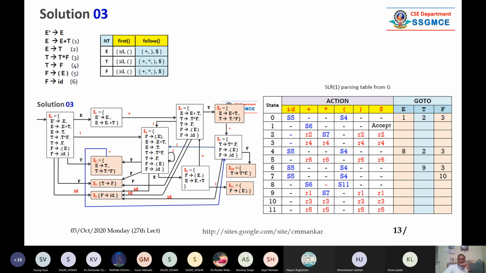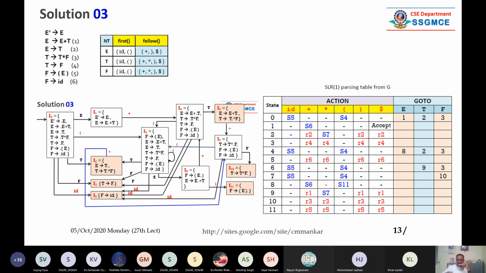Now, I1 contains E dash. E dash is a new start symbol. And this production rule contains dot at the end. Means you have processed everything. See, what is top-down parsing? See, please note, I don't know, that is the limitation of the offline, online lectures. See, top-down parsing means what?